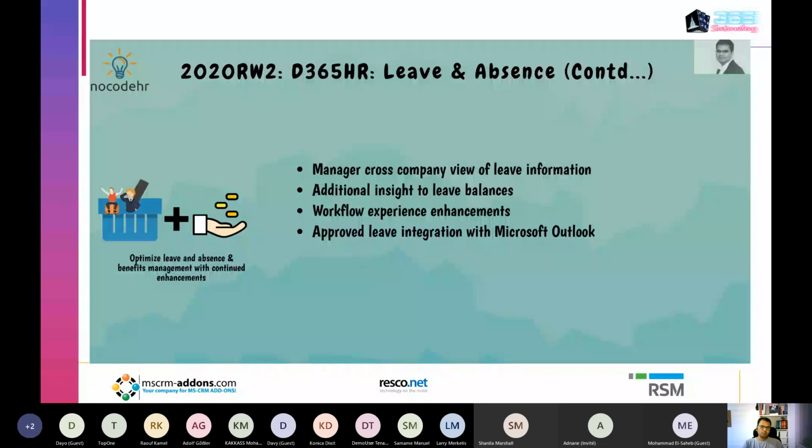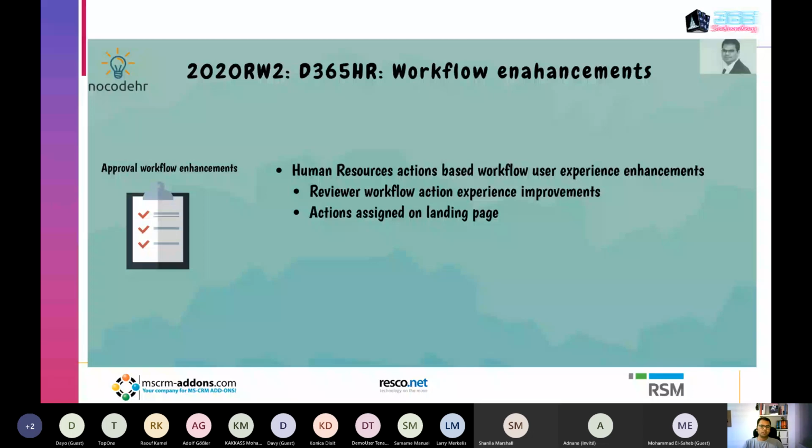So when we look at workflow enhancements, the user interface of approval workflow, although it is good at the moment, there is a plan to improve it further and make it more obvious. So when a manager gets an approval notification, it's available on the landing page of the application. And also the buttons that are used to approve or reject workflow are being made more